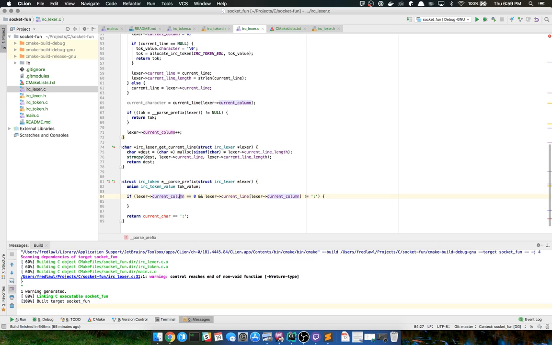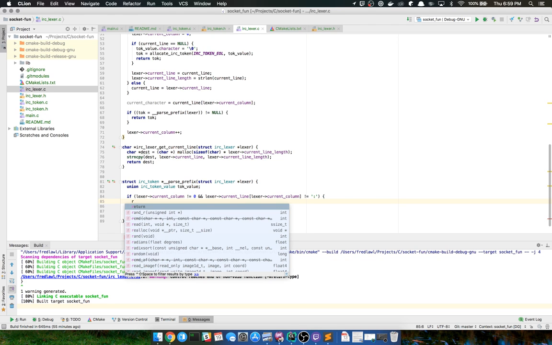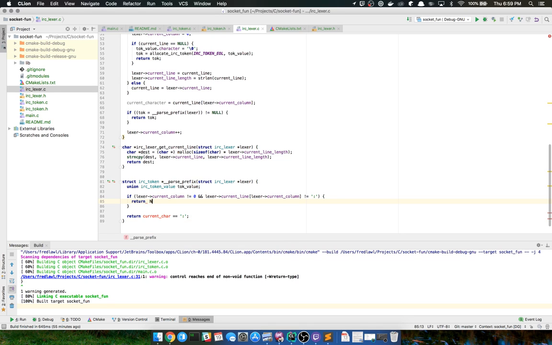Well, what I should say is if it's not equal to 0, if I do return null, that's okay.